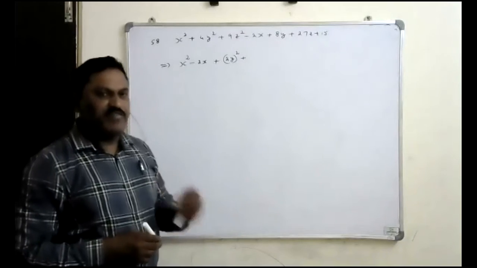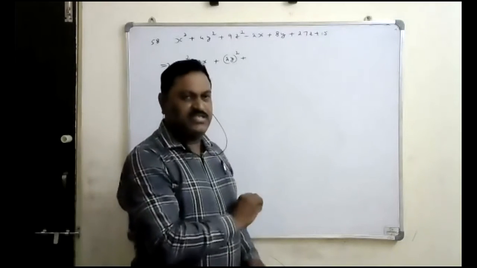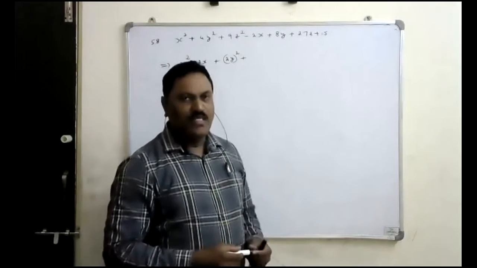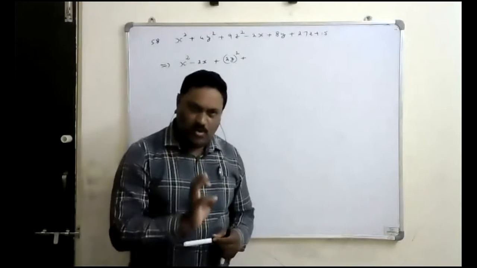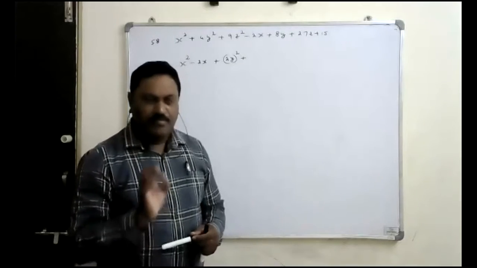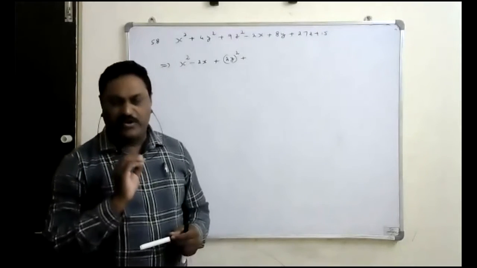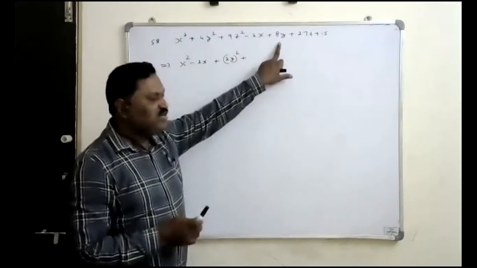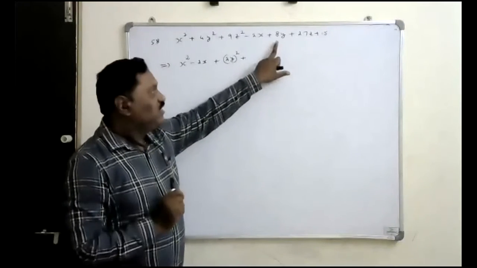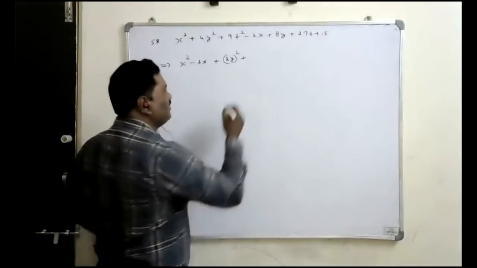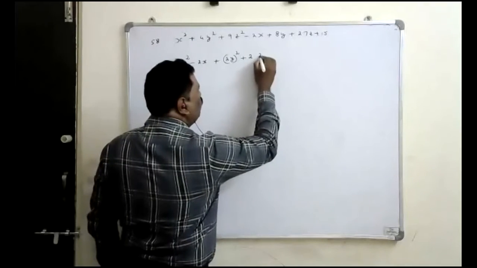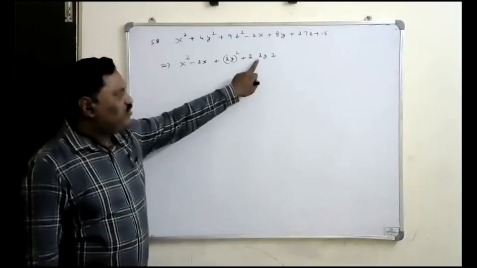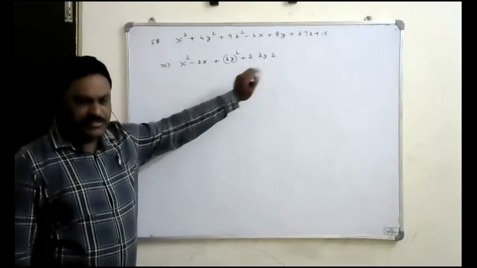If you want to express as a perfect square, always you have to express this in the format of a plus b whole square. The formula for a plus b whole square is a square plus 2ab plus b square. That format we should try to bring. So it is a square plus, second term we want 2ab form. So this 8y we can write as 2 into 2y into 2. 2 into 2, 4, 4 2s are 8y. Like that we can express it.